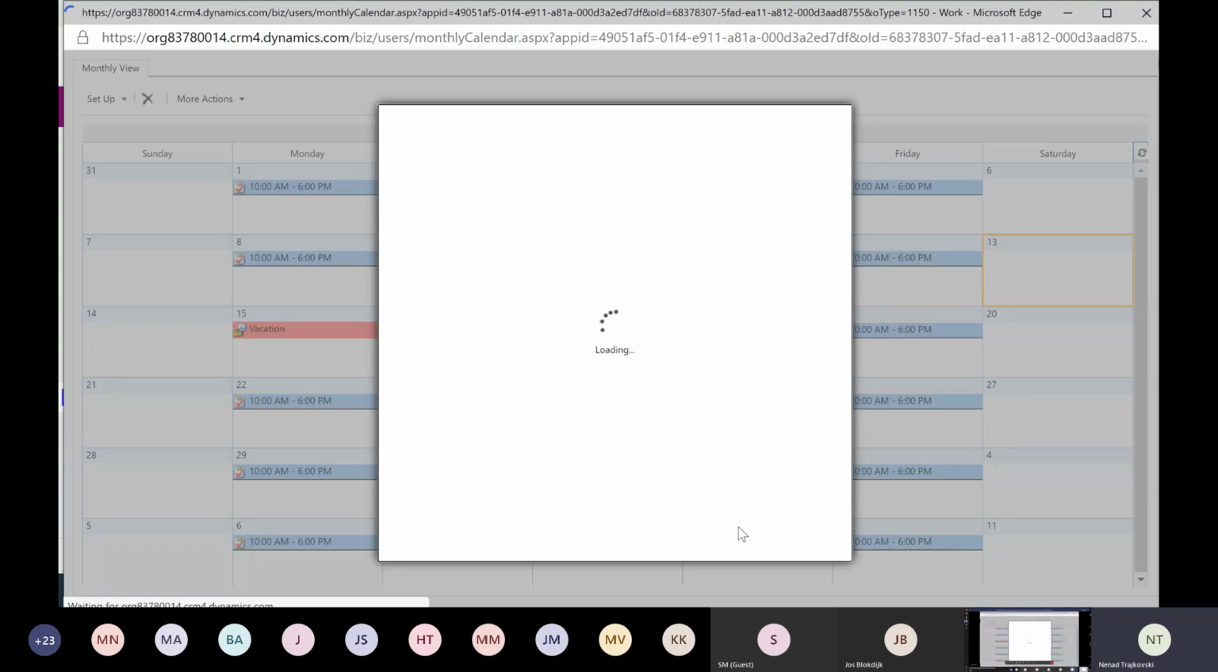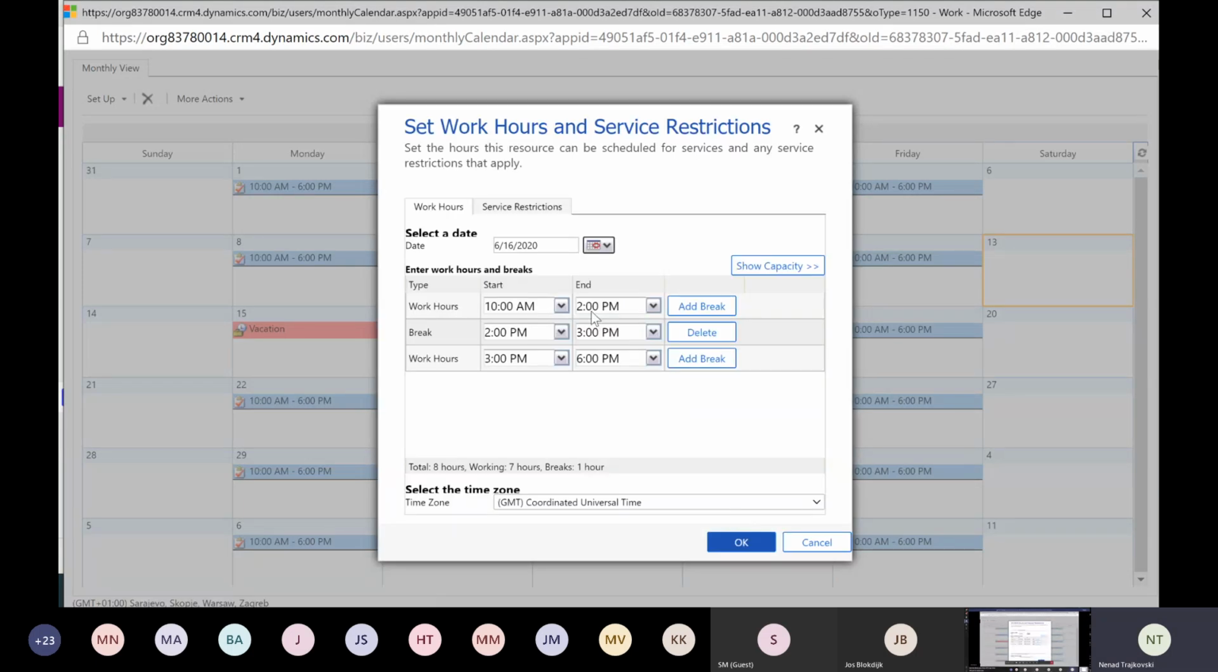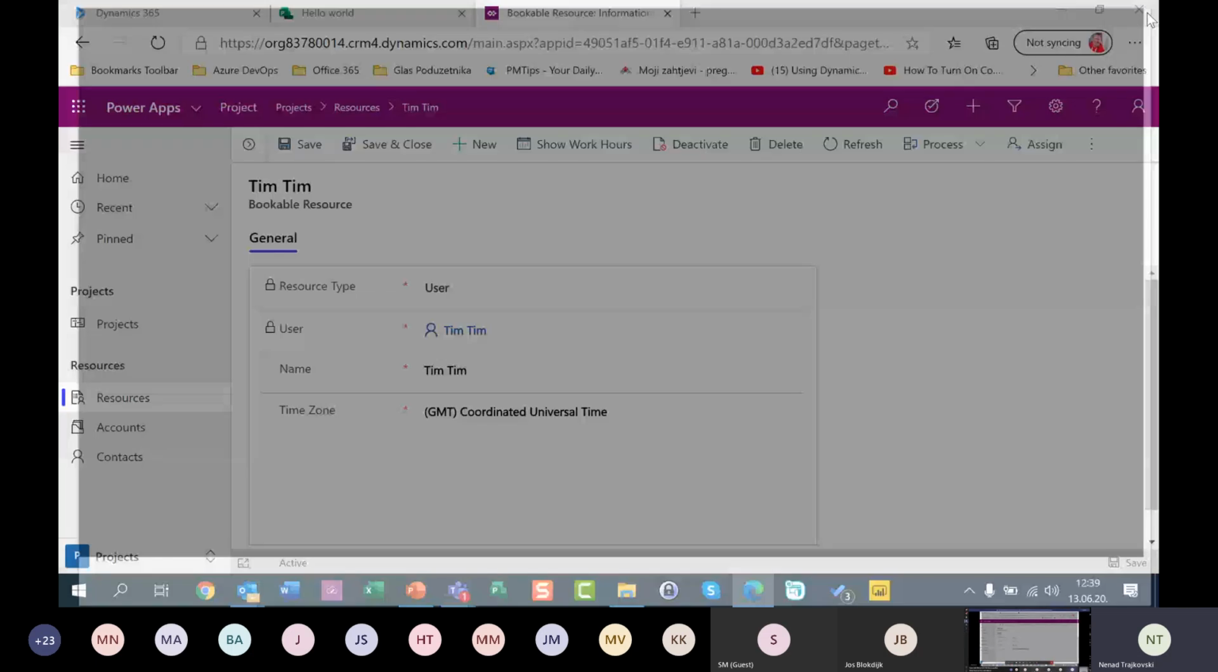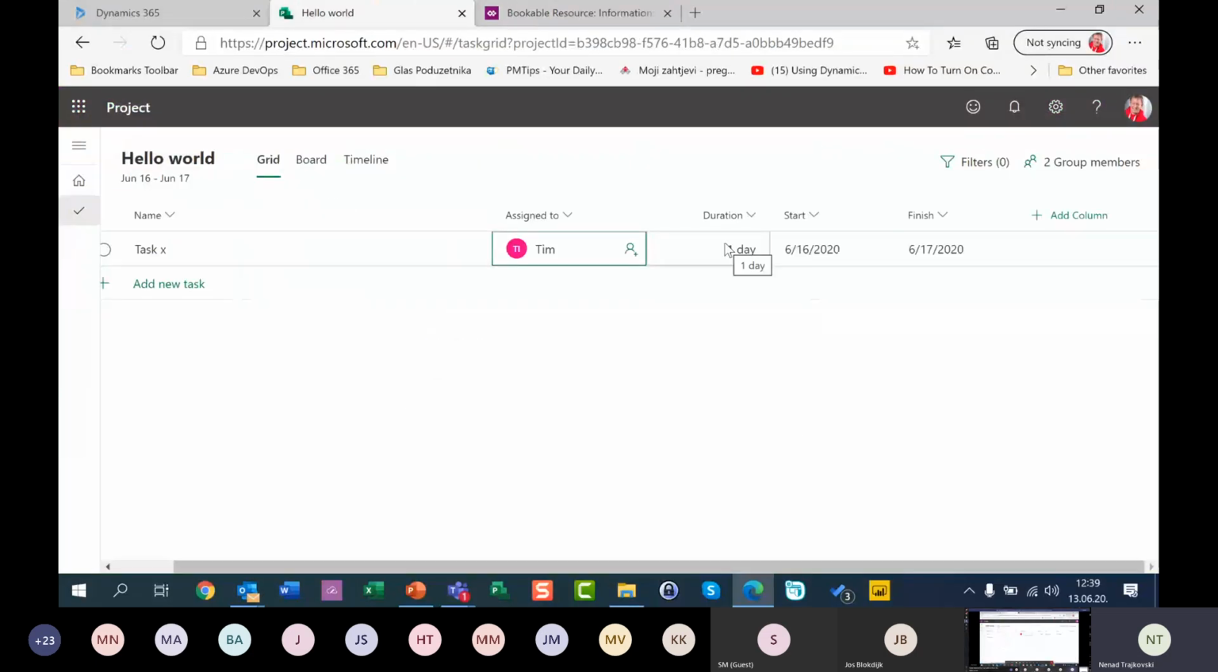Okay, just to show you, from 10 to 2, this is 4 hours, then from 3 to 6 is another 3 hours. In the break time, he doesn't work, so he's going to work from 10 to 2, 4 hours, and from 3 p.m. to 6 p.m., this is another 3 hours. So he's not able to finish the task X in 1 day because he's going to work 7 hours on this task, and he's going to finish it the next day